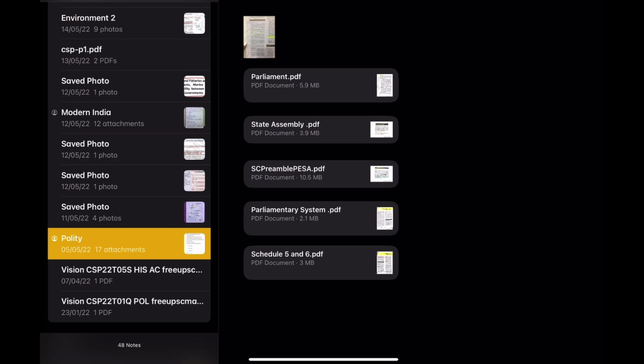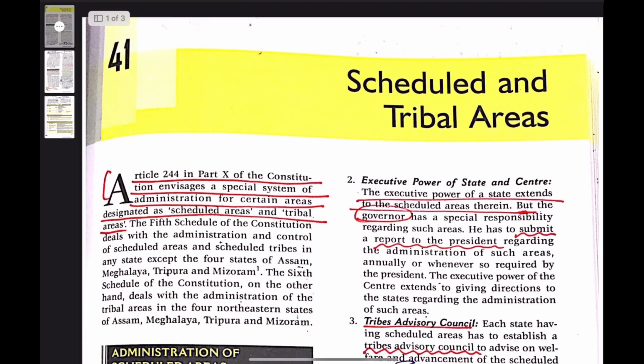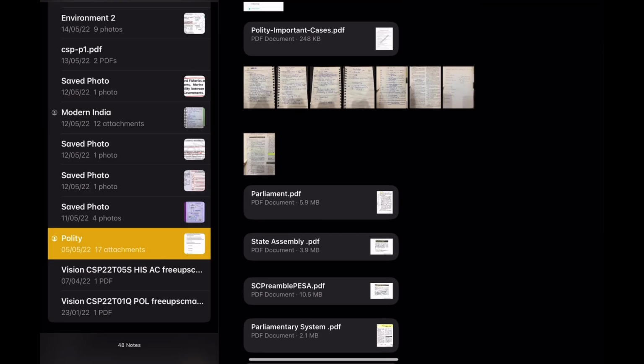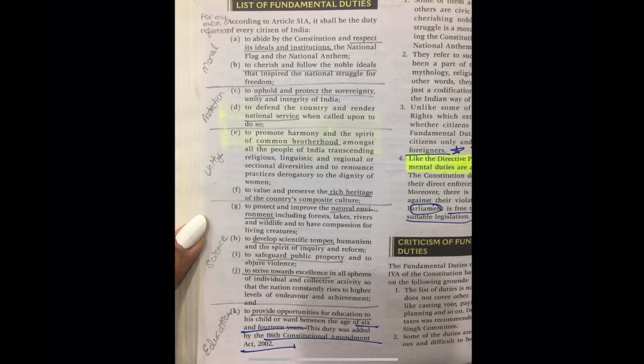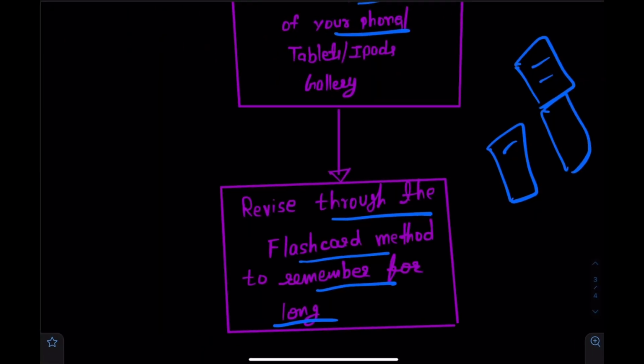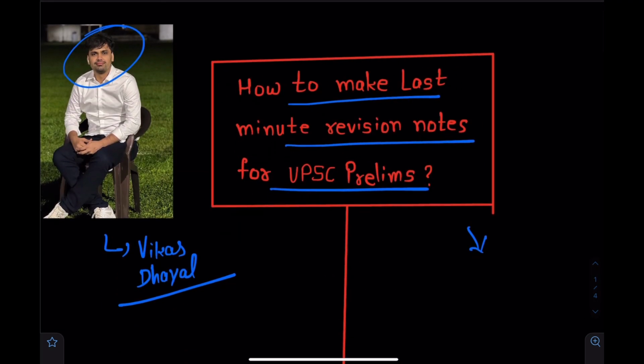If there is something that you think you might forget, then you can take a screenshot out of it. So from the scheduled and tribal areas, I took a screenshot. Then if you can look here, list of fundamental duties, these are mentioned here, so a photo was taken out of it and it was saved in the gallery. So this particular method is extremely useful, and I would really encourage all of you to use this method,